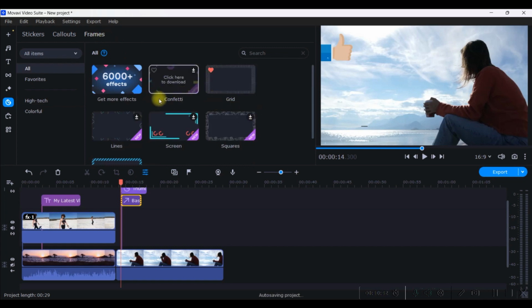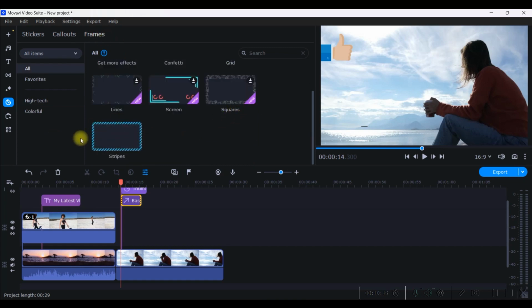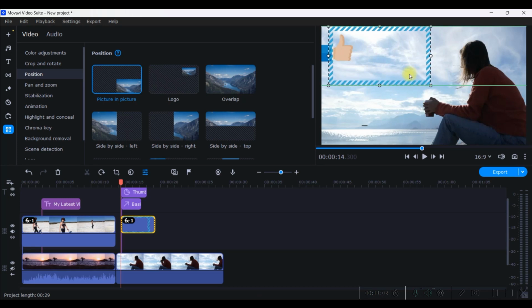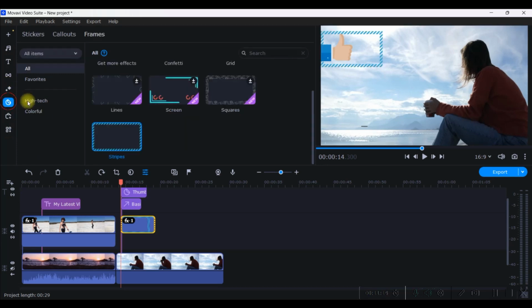And there is one more thing, which is frame. Now frame, if you want, you can use, let's suppose I drag and drop it here, it will make one particular pattern around your clip, and then you can use it as an overlay. It will come in the position section, so you can basically change the layout also. You can make a frame like so and position it anywhere in the frame to indicate a particular object or element. So this is how you can use it, right? So these are the three types, stickers, callouts and frames. So that's about text, stickers and callouts.